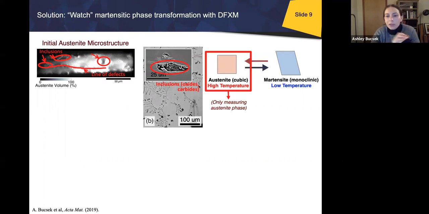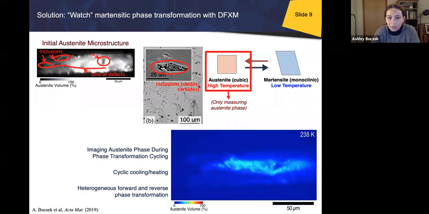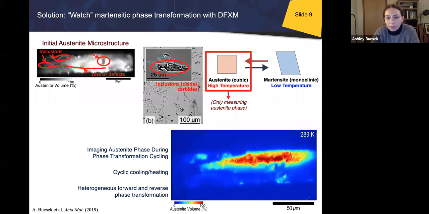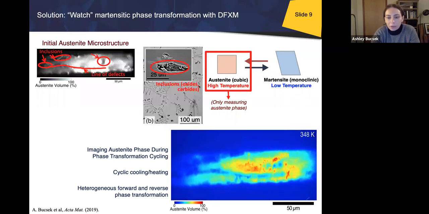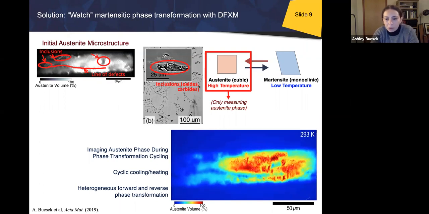We're only doing dark field on an austenite reflection here. So we're only measuring the austenite phase. And I'll talk later about why we couldn't measure the martensite in this case. So this video, this is uncorrected, unfiltered data. So it's a little rough, but what we're watching is a video as the material goes back and forth through